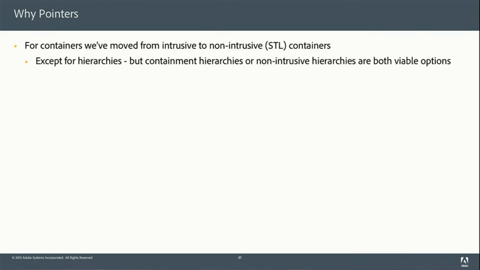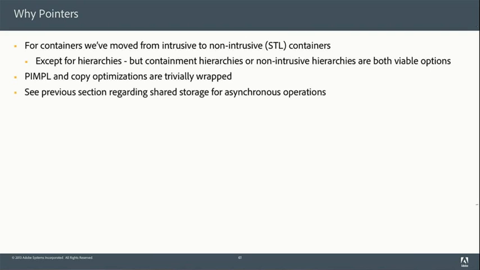There's no good reason for that, other than nobody's provided a good hierarchy class. Pimpl and copy optimizations are pretty easy to wrap up into a class. I'm not even going to bother to show that here. If you think about it for a moment, you'll see what I mean.